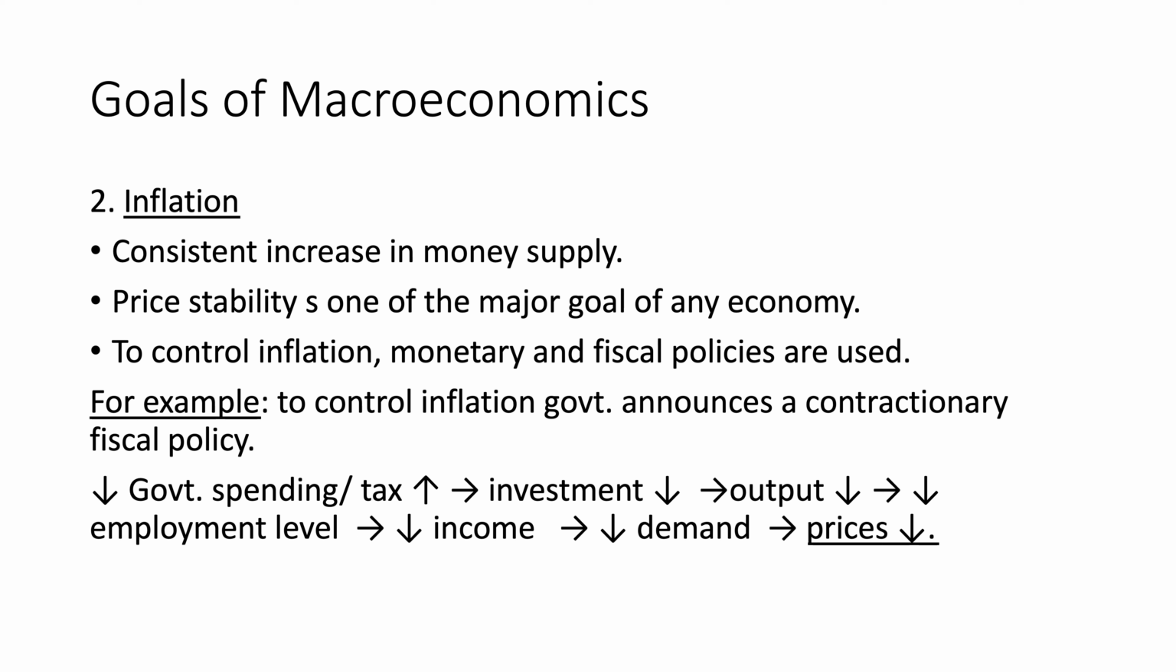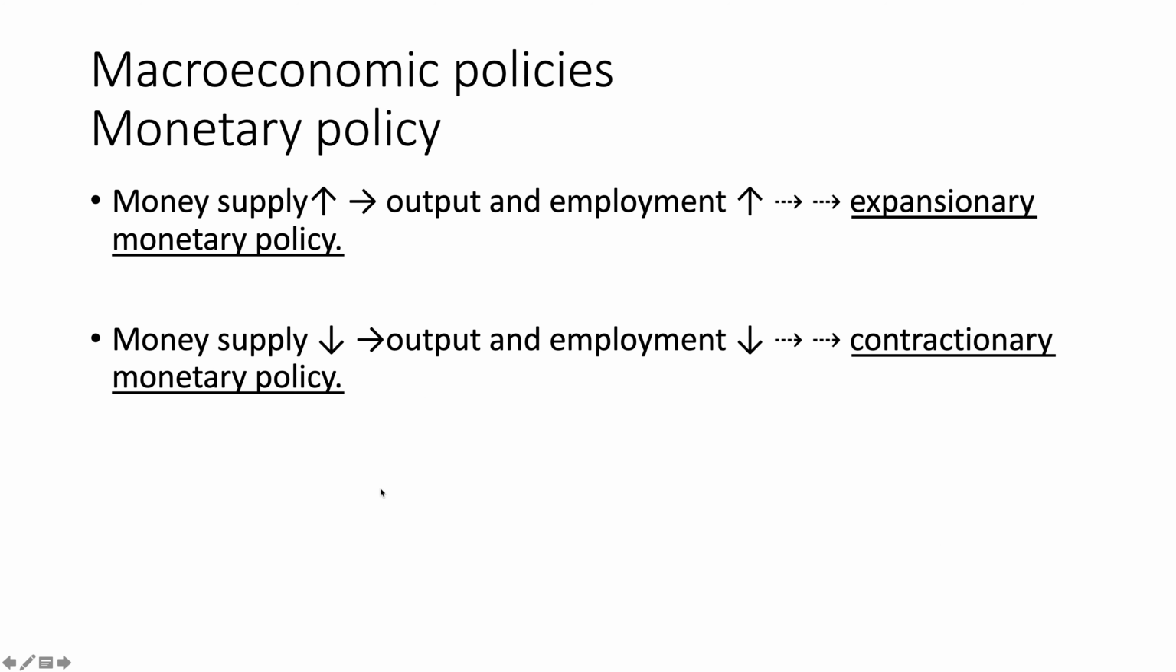Price stability is one of the major goals of any economy, and to control inflation, monetary and fiscal policies are used. Again, the same monetary and fiscal policies are observed when controlling inflation. For example, the government wants to control inflation, and for that purpose it announces a contractionary fiscal policy. Contractionary fiscal policy, we know, works either by reducing government spending or by increasing taxes,